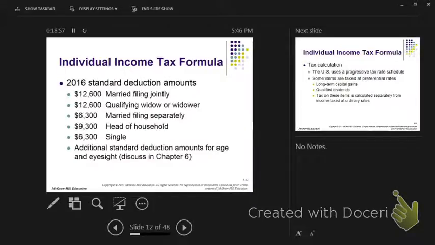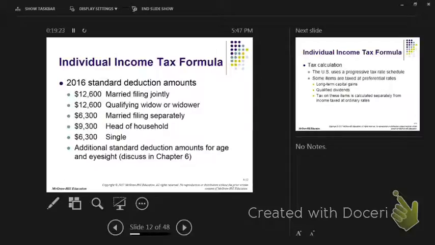All right, so let's talk about the different types of standard deductions. This is if you are not going to itemize. What I thought was interesting is only one of these changed from last year. That's not always normal. That happens once in a while. But only one of these did not change, and it was